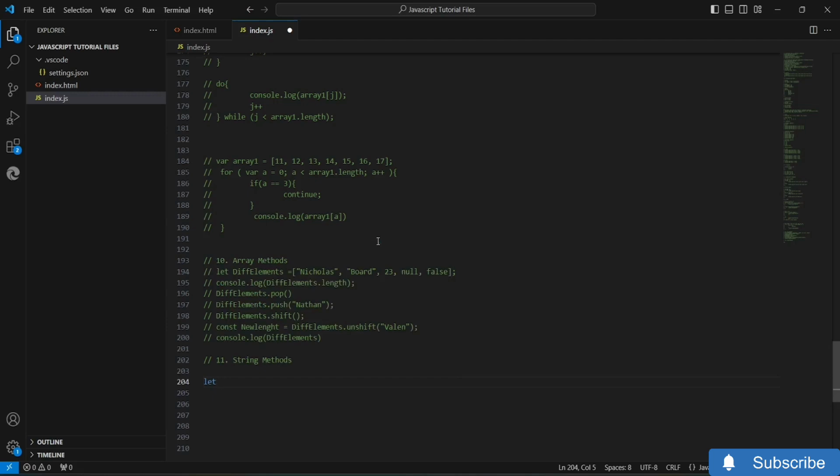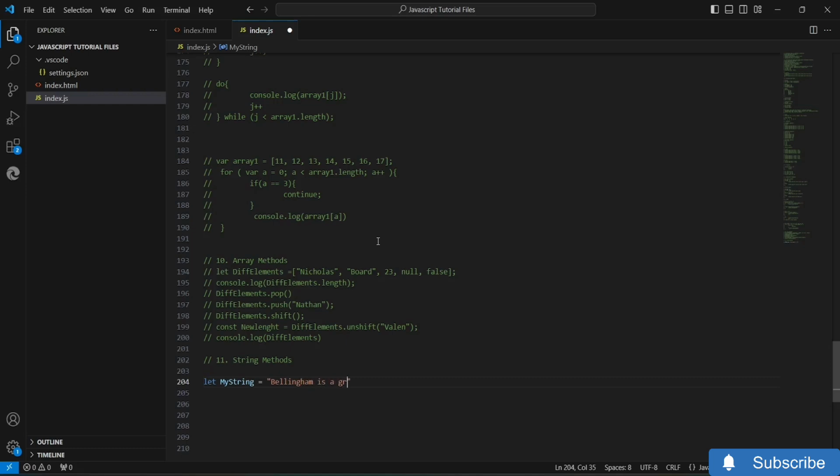So instead of var, let's use let, and I will name this one myString. Let's put an equals sign, and to write out a string, you need to make sure that your string is always inside quotation marks. So now I will just type Bellingham